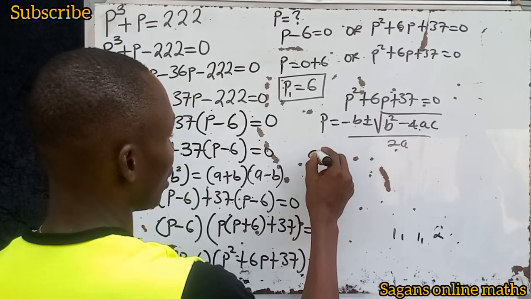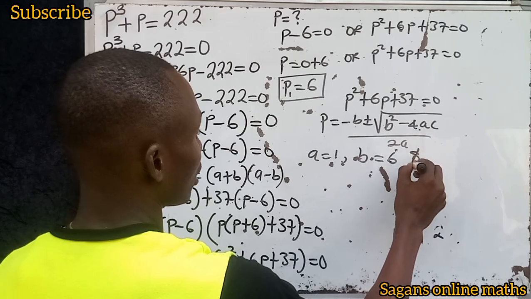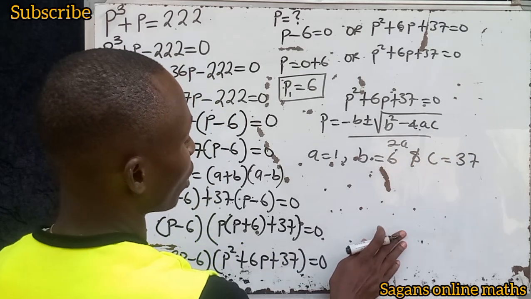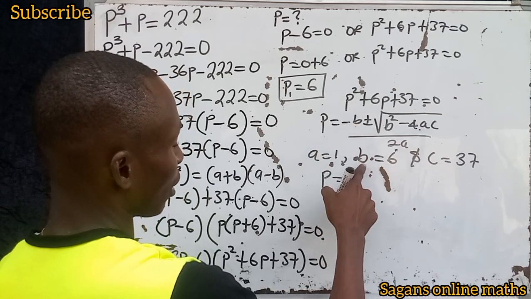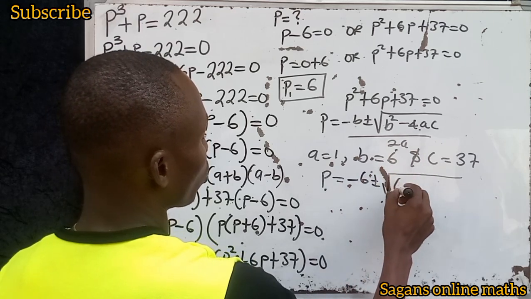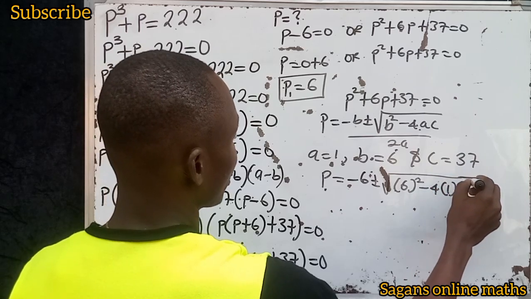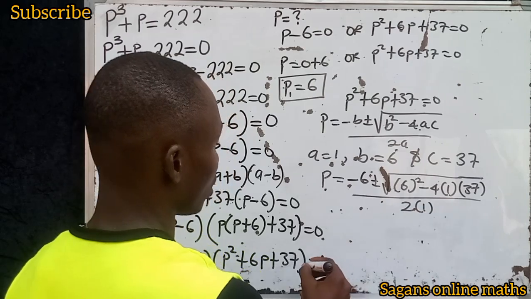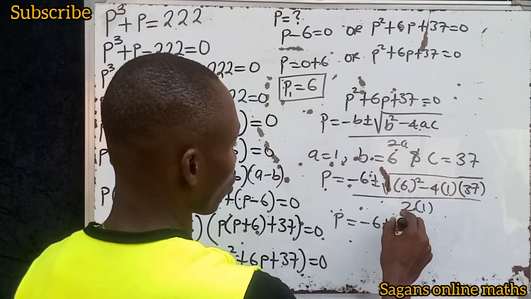From here, it means our a equals 1, b equals 6, and c equals 37. What we are going to do here is substitute. Are you seeing minus b? B here is 6, so it becomes minus 6 plus or minus the square root of 6 squared, because b is 6, minus 4 times a, where a is 1, then c is 37, divided by 2 times 1, because a is 1. So our p will be equal to minus 6 plus or minus the square root of